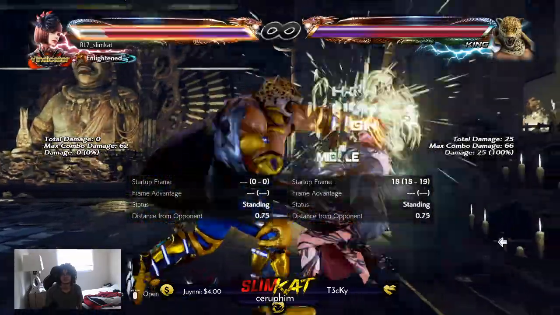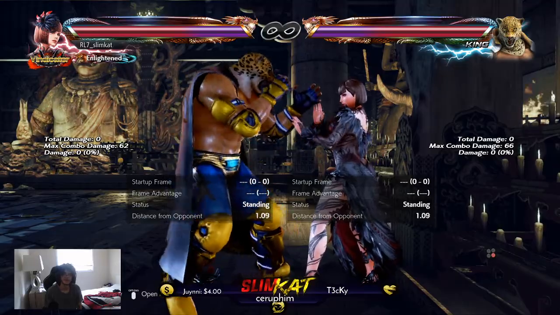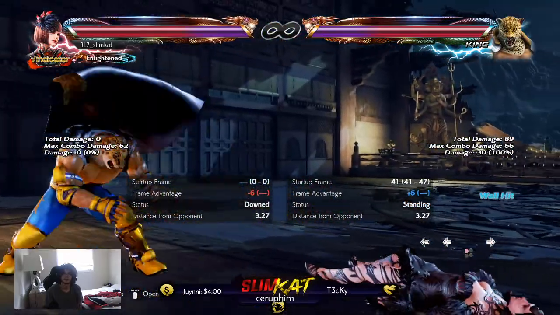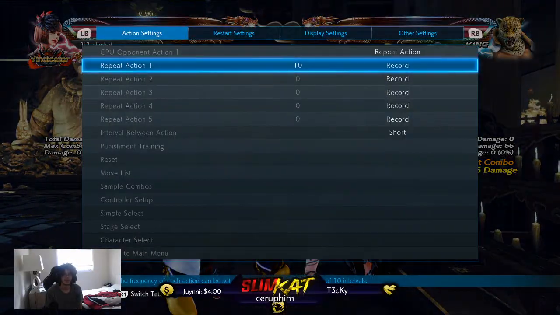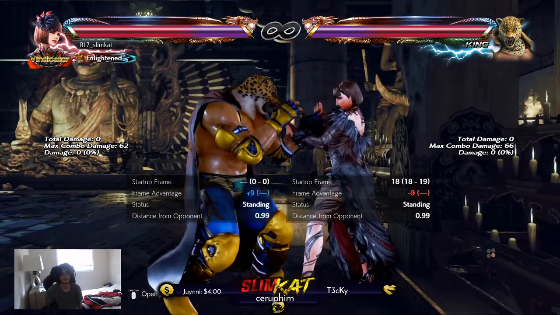24 damage. Once again, 71 damage total. But if you get up, that's 89 damage in total. So that's actually a little bit more than the average wall setup. So like, okay, yeah. But now if they mix it up, that's 73 damage. That's way less, but